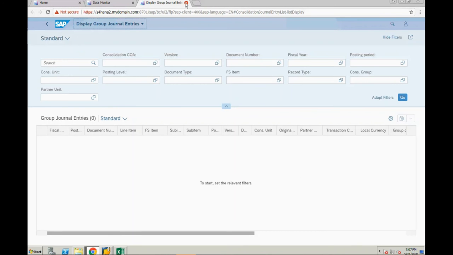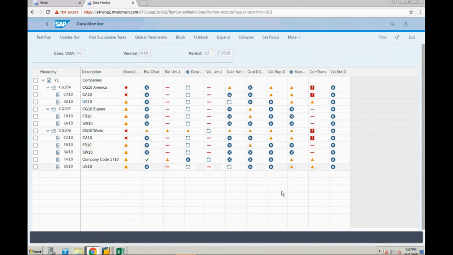Once the adjustments are done, all these tasks are performed till manual adjustments in the local currency, company code currency. He will do the currency translation.